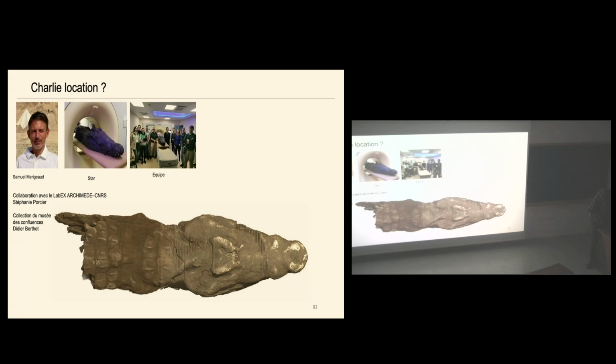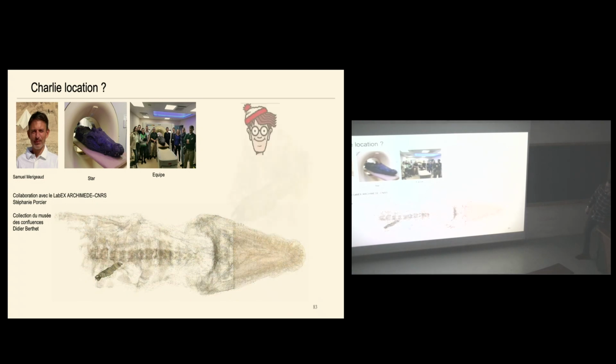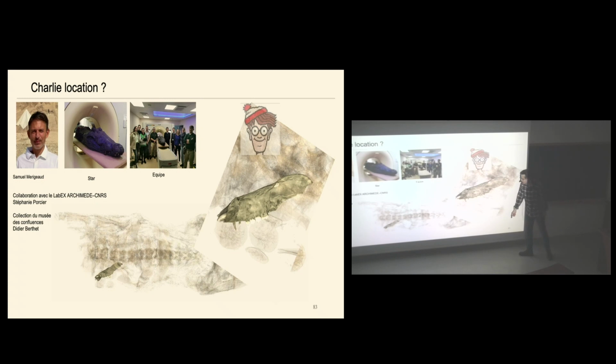This is just a fun slide. You have to find Charlie. You all know Charlie. So Charlie has been eaten by the crocodile from Egypt. And we scanned it on spectral photon-counting CT in order to increase the spatial resolution and to look for Charlie. And he was, you see here, within the crocodile. So the crocodile during the Egyptian period was sacred, and he was sacrificed after a huge meal. But high resolution shows a really nice visualization of some animals that were digested by the crocodile.